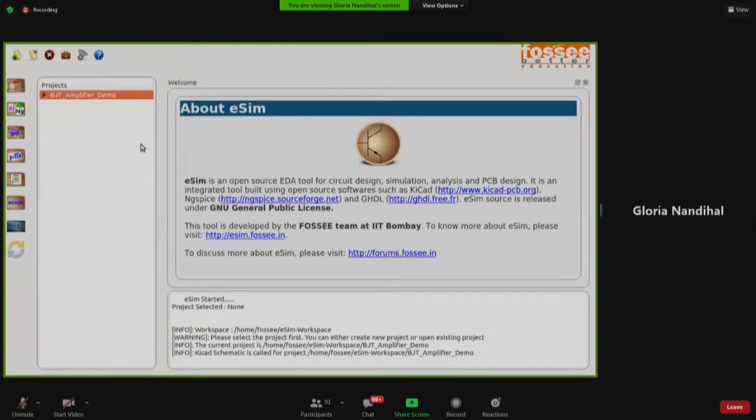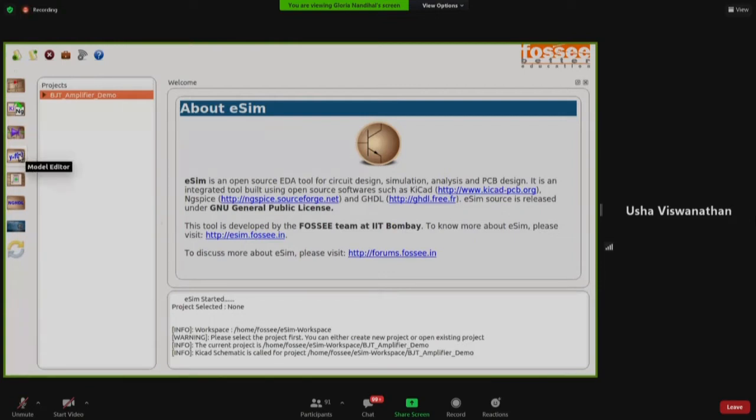So everyone, please open the eSIM window. I hope everyone is on the eSIM window. So should I proceed? Yes or no? Yes, ma'am. Please say yes in the chat window, and if others see it, please give us feedback as well. It will be actually good and helpful for us to proceed.